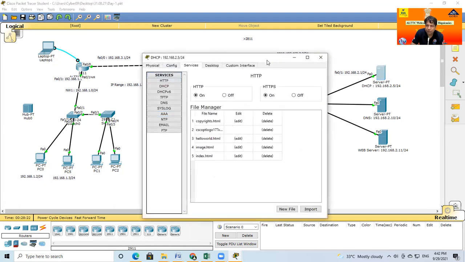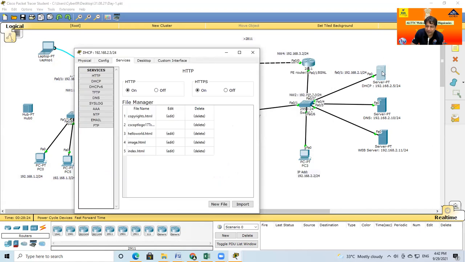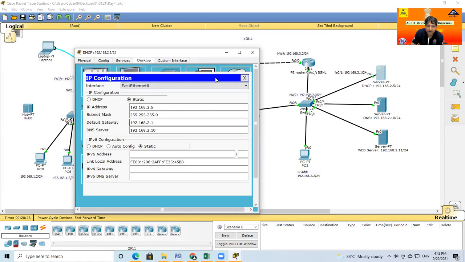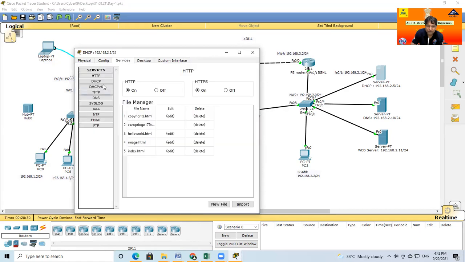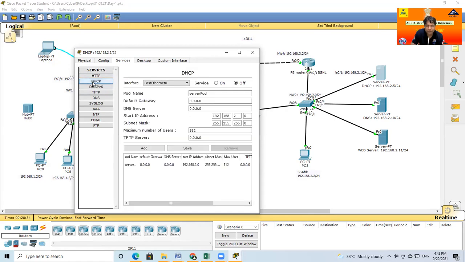Here, how do I want to make this server a DHCP server? First, the basic IP allotment is already done. Today, just an icon will be available on your desktop computer. Just click on DHCP. Here it is a simulator, so by default you can see everything in a single window.